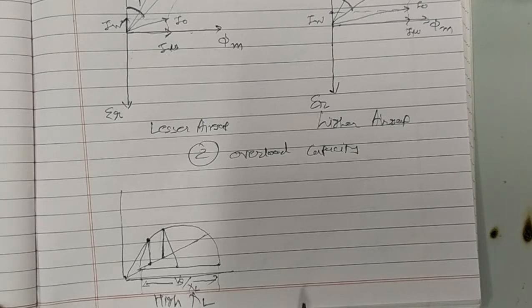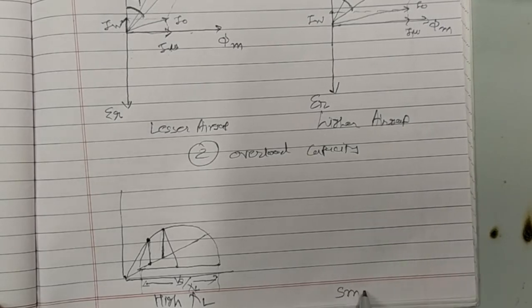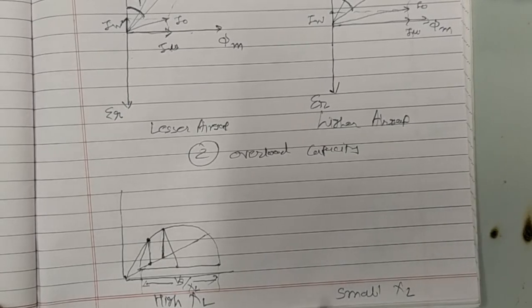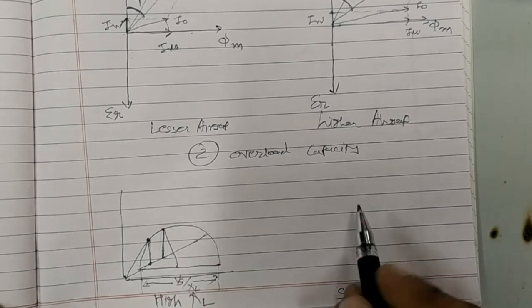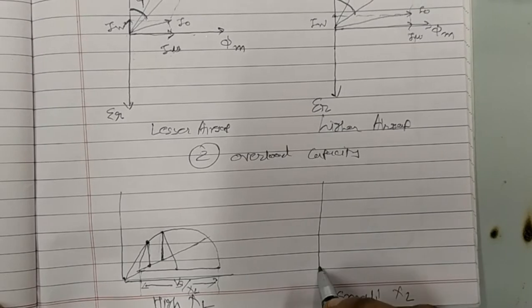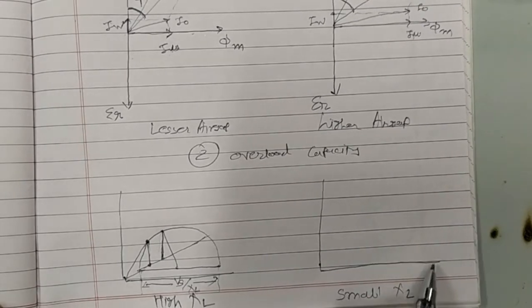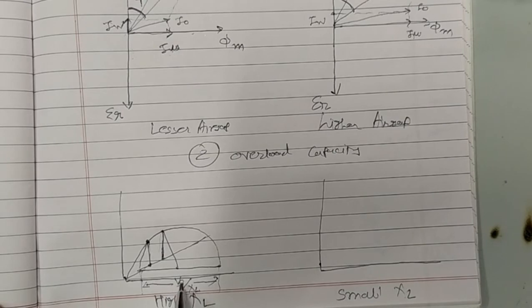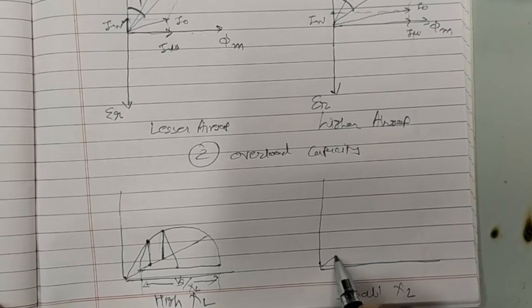And the same diagram I can draw for a smaller value of the XL. So if XL is smaller, we know that this ratio is going to be higher, or the diameter of circle diagram is going to be higher, or I can say that this circle is going to be bigger. Even I can draw circle diagram on the same graph, but let us draw it once again, indicating that the value of XL is smaller. So that ratio Vs upon XL or diameter becomes bigger. So in that case the circle diagram will look like this.